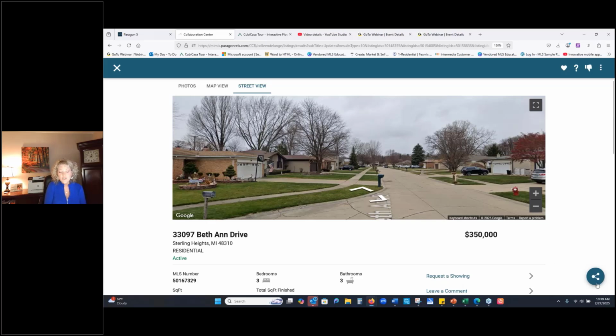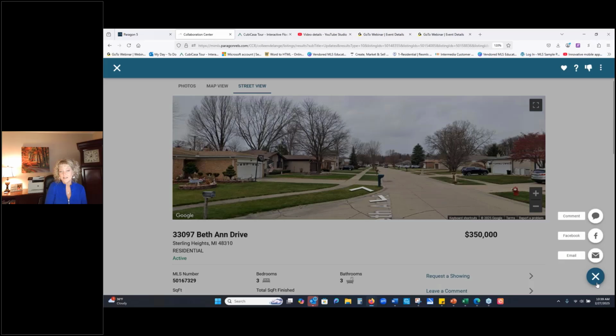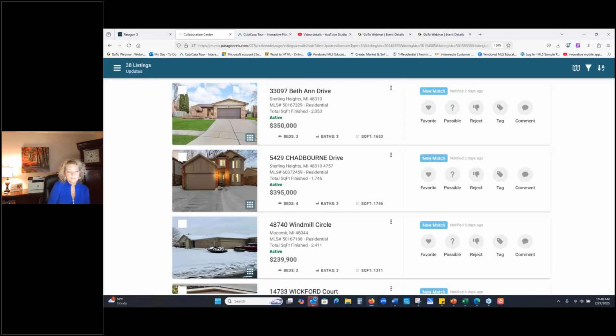They can easily share this with others. Maybe they want to send it on to family. They can share it via email. They can even share it on Facebook if they want to send it to someone's Messenger. I also like that they can share multiple properties at one time. My favorite features are